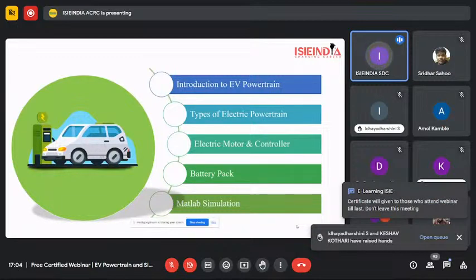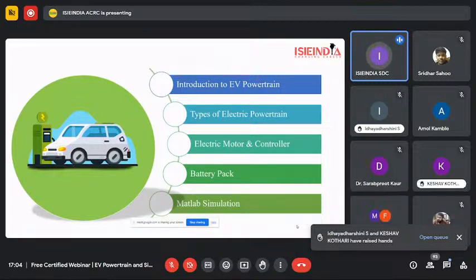Then we'll be discussing the different types of electric powertrains, like the hybrid. There are the series and the parallel configurations. Then we'll be talking about the motors, which are responsible for the traction of electric vehicles, that is, for moving them. What are the different types of motors, and we'll be doing some calculations related to electric motors, like how we do the selection of motors, and what basic calculations are required for